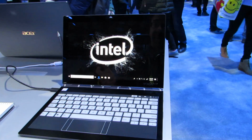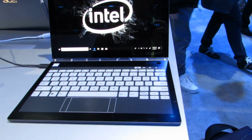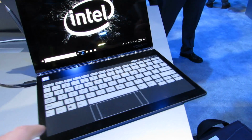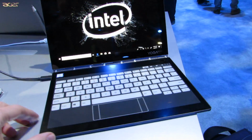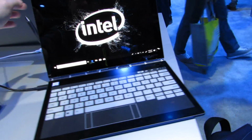This is Lenovo's Yoga Book C930, which at first glance looks like a very thin and light laptop, and it is, but it's actually a dual screen device. So this bottom keyboard that we're looking at here is actually a 10.8-inch Full HD touchscreen e-ink display. The upper screen is 10.8 inches, 2560 by 1600 pixels IPS LCD screen, and so the idea is that it's